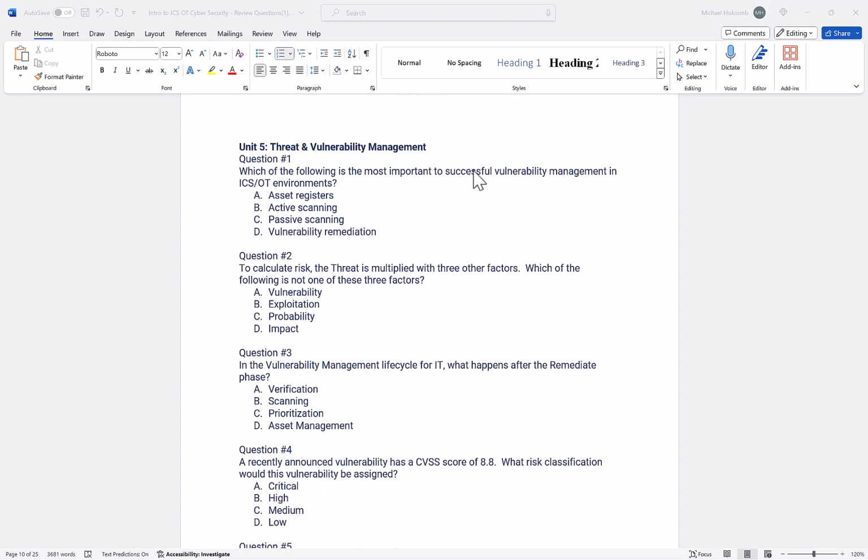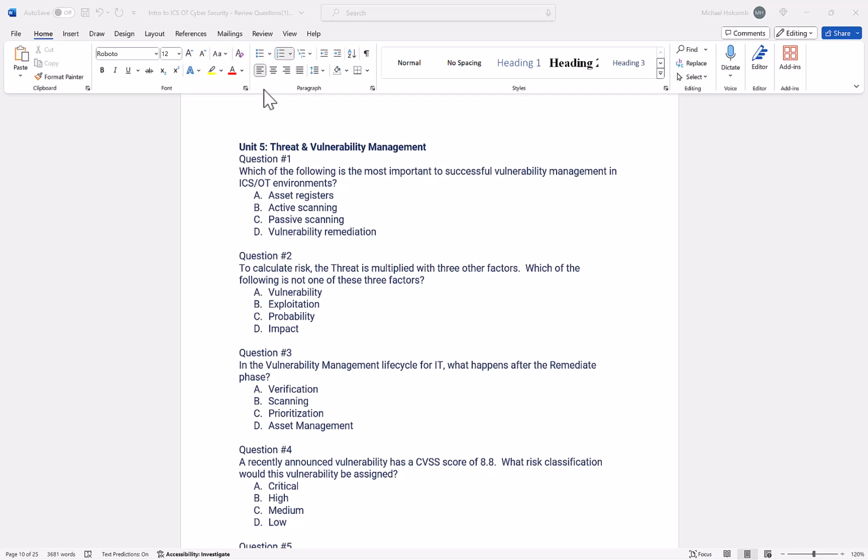In Unit 5, we talked about threat and vulnerability management, one of my favorite sections. And remember, threat and vulnerability management, especially vulnerability management, works very differently in OT than IT. It's one of those areas where they are vastly different. So let's jump in. So question 1, which of the following is the most important to successful vulnerability management in